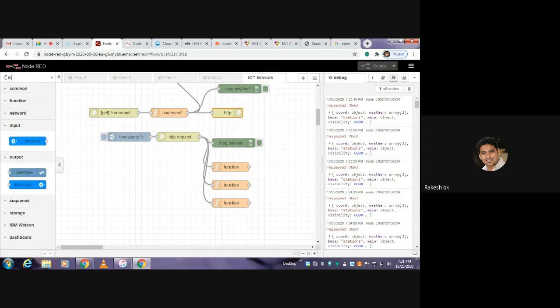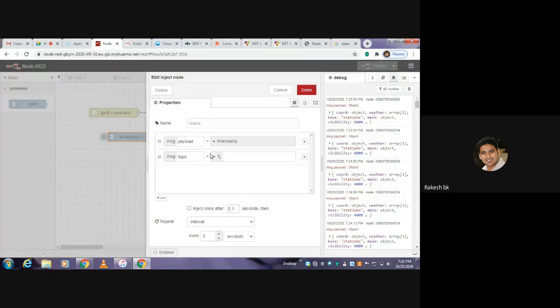That is why I'll go for the inject node. Again, drag and drop it here, and click on the inject type. I have given a message.payload as timestamp, and I can make an arrangement here based on our requirement. You can give none, or I give an interval. What should the interval be? For every 5 seconds I have given. So I can go with a minute. Sorry, for every 1 minute I'll enable.